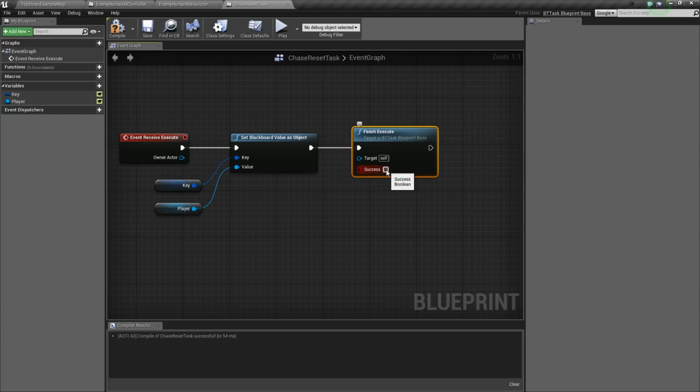Once we finish executing, we'll tell it that it's successful. Now you can do, of course, error checking, make certain you set the value, that the value is valid, and so on. But right now we're going to be setting a blank value anyway, so it's not going to matter. So when you save that,